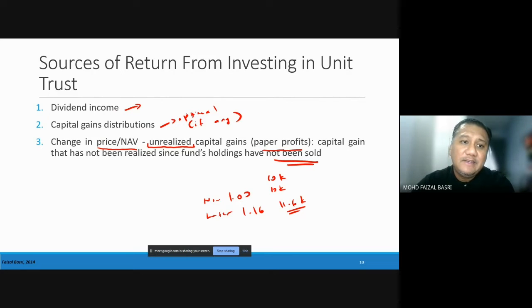Kalau macam dividen tadi, dia akan automatically masuk account. Kan? The income that generated, dia akan masuk dalam account you. Then you can use it kalau you nak lah. Okay, but for price appreciation, it is considered unrealised, sama macam stocks juga. You just see on the paper, and in order to get whole of the fund ataupun whole of the profit tu, you have to sell first baru dapat.